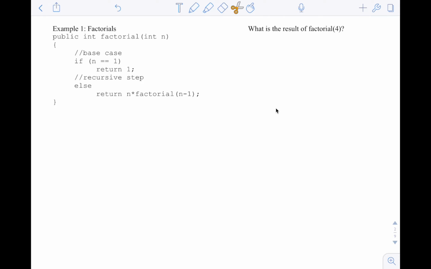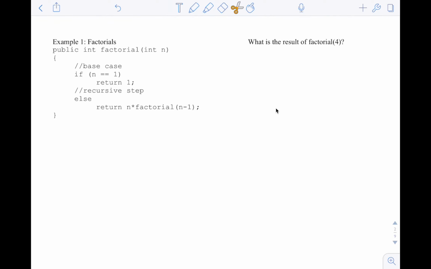So starting with this example of a factorial, you probably remember from math class that a factorial is just asking you to multiply a number times everything leading back to 1. So 4 factorial is really just 4 times 3 times 2 times 1. To trace through this, I recommend that you start by writing the original method call at the bottom and building your way up. So factorial 4, if I go into this method,